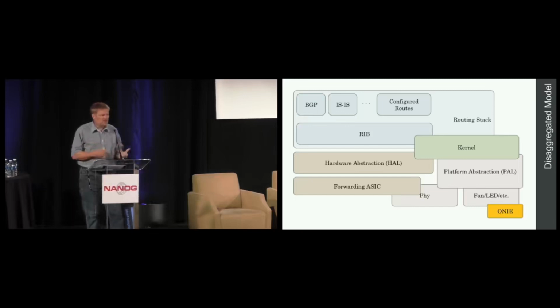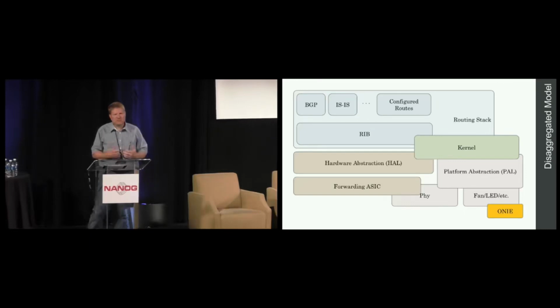So you start up here at the top, you have a routing stack. Of course, you need some sort of a control plane. That's going to contain BGP, ISIS. It's going to contain a RIB to manage the routes and to do arbitration between the various routing protocols. It's going to have to contain a hardware abstraction layer. This is actually going to connect the RIB to a forwarding ASIC. Then you're going to have a kernel, and of course the kernel is just going to run memory management